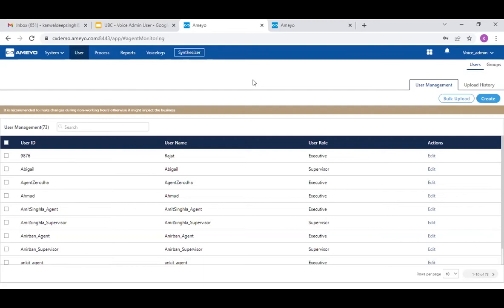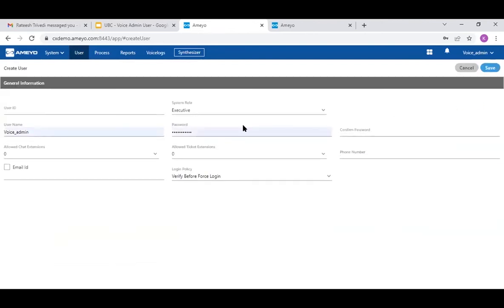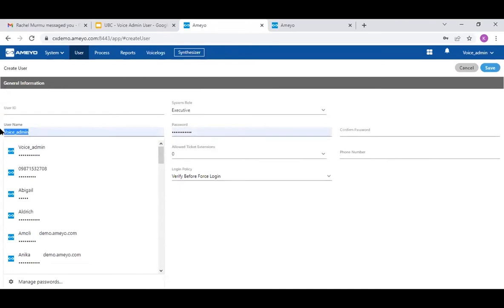So in Amio, we have three roles. One is the agent role, the front desk people who will be communicating with your customer. Then a supervisor role, wherein as a manager, you will be tracking those particular activities. Third role would be the admin, who will be creating all these agents or the supervisors. Now over here, you can see a create option. Once I click on this create option, let me quickly create one of the agent role.